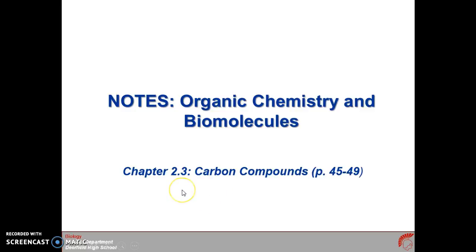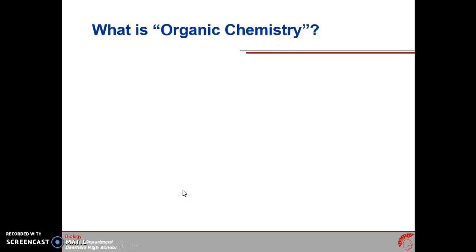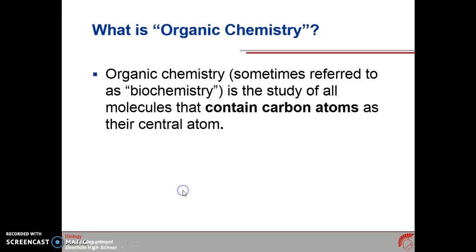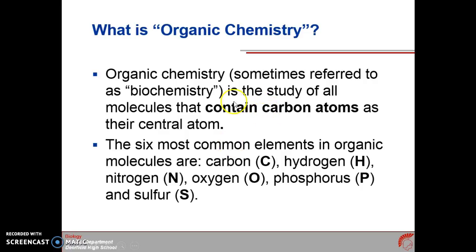Here's a note on organic chemistry and biomolecules. Organic chemistry, as we've talked about before, is the study of all molecules that contain carbon atoms. So carbon is the central atom in molecules that are living or once were living at one time. The 6 most common elements in organic molecules or organic chemistry are carbon, hydrogen, nitrogen, oxygen, phosphorus, and sulfur, or